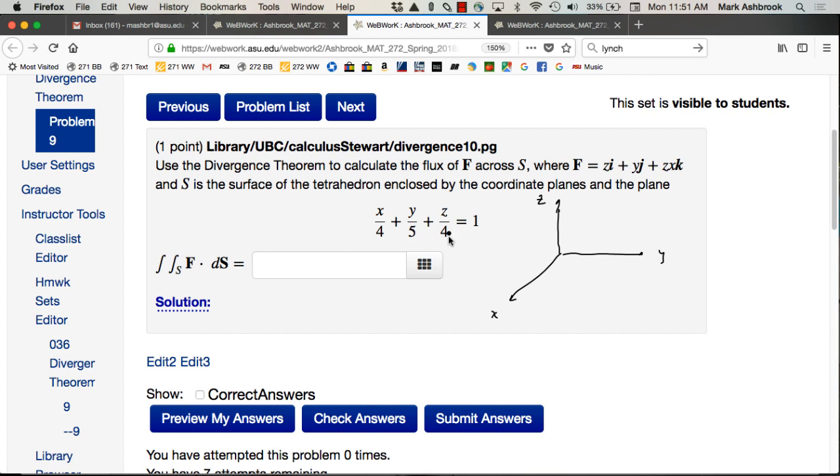Okay, so this plane, when y and z are 0, it goes through x equals 4. When x and z are 0, it goes through y equals 5. And when x and y are 0, z is 4. So that's a quick way to sketch this plane. It's going to go through (4, 0, 0), (0, 5, 0), (0, 0, 4). So then when you get just the part of that in the first octant,